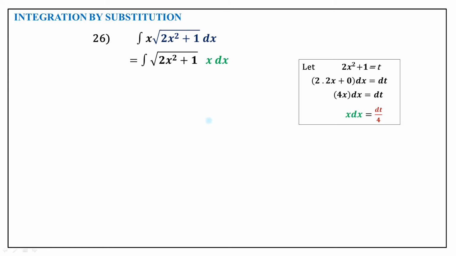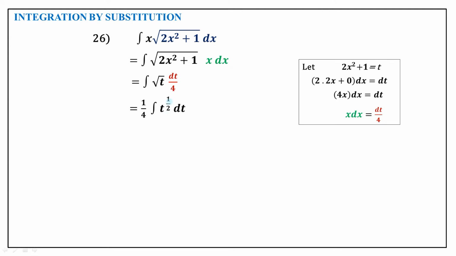Now let's see what happens here. So root of the whole thing is t, and x into dx is dt by 4. So 1 by 4 is a constant. I'll take it out, and the integration of t to the power of 1 by 2. Root is not in a standard form, so we have to bring it into the form of t to the power